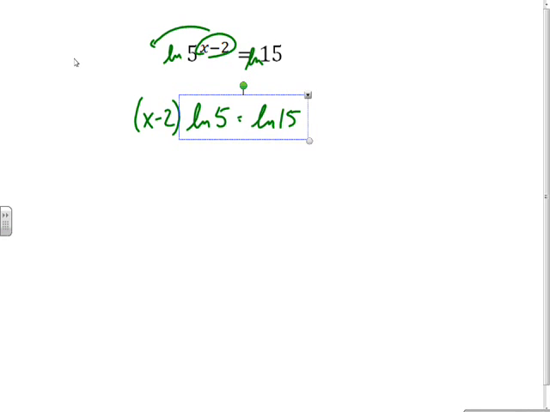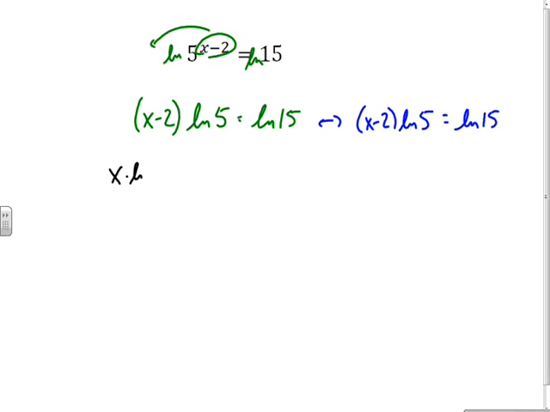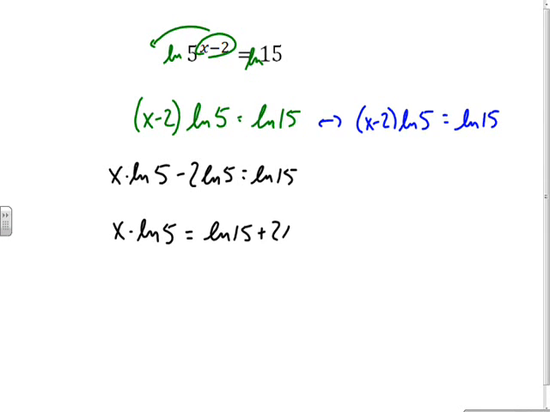Actually, I'm just going to rewrite it over here. I'll do what we've been doing in class first because that will work in every situation. I'll show you the second one in a second. You distribute out the natural logs. You move over the non-variable part. And then I'm going to divide through by natural log of 5. So x is going to equal natural log of 15 plus,